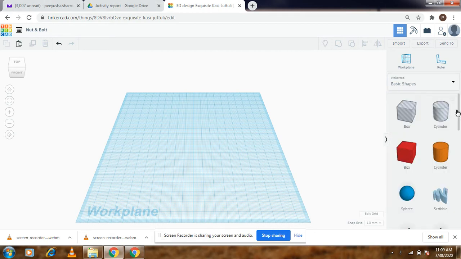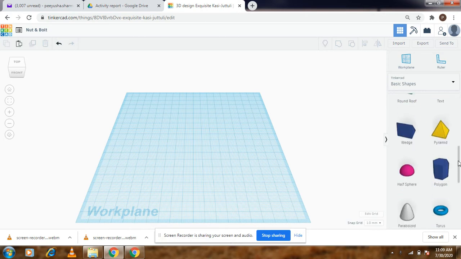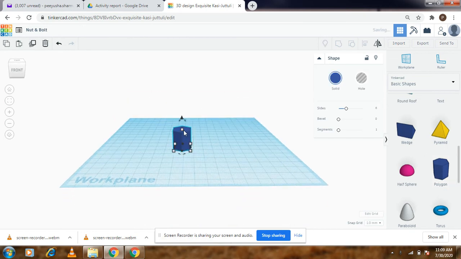Let's go to the basic shapes and select a polygon out of those shapes that are already present. I would then like to decrease the height of this polygon to, let's say, 5 mm, and increase its width to, let's say, 20. Also, if you notice in the drop down that is present here, right now the sides have been set to 6. That is, I have 6 sides in this polygon. You can anyways increase or decrease based on what kind of an object it is that you want.